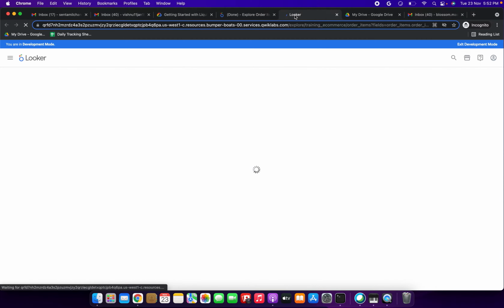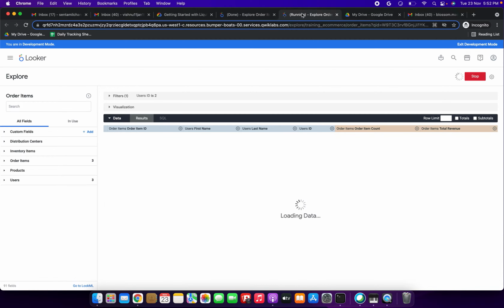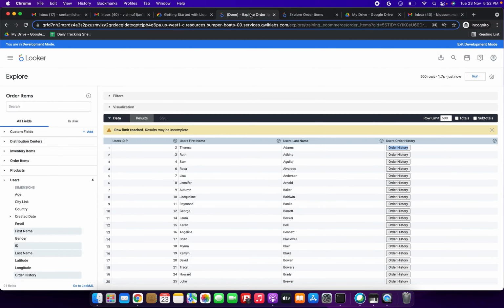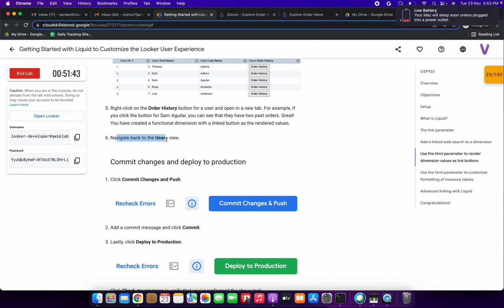So you can see this username, first and last name, it will come only one row only, the first row we have selected, right? So that first name and last name it will come, friends. Here you can see, it is loading the data. You can see, friends, now first name, last name, one order ID, it is coming. So great, friends. Now we have done this.